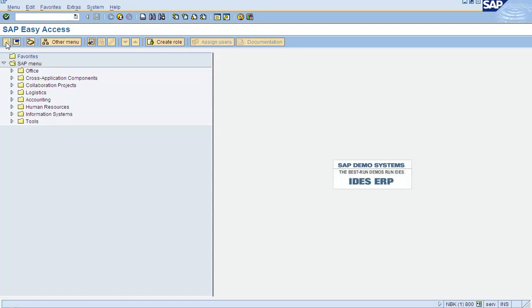When you click on the user menu icon, you will see the list of transaction codes that are assigned to the user through the roles that are assigned to his or her ID. So this is the user menu icon, and this is the SAP menu icon. Depending on the transaction codes that you execute, the options on the toolbar, the menus, change. The only two menus which remain constant are system and help. No matter which transaction code you execute, these two menus will always remain constant, but the remaining menus will change.